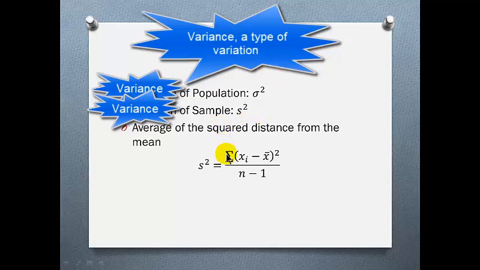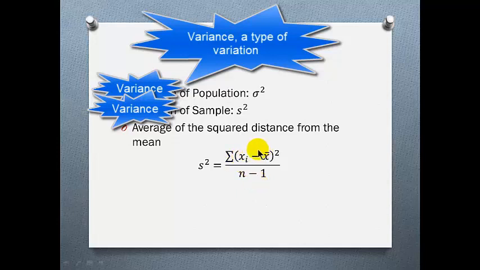It is the sum of the difference between the mean and the data values squared, divided by n minus 1. Whew! That looks weird too. I don't want to scare you with this equation because it's actually a really easy equation to work with. We're going to work with it in just a minute, but I just want to make sure we understand what's